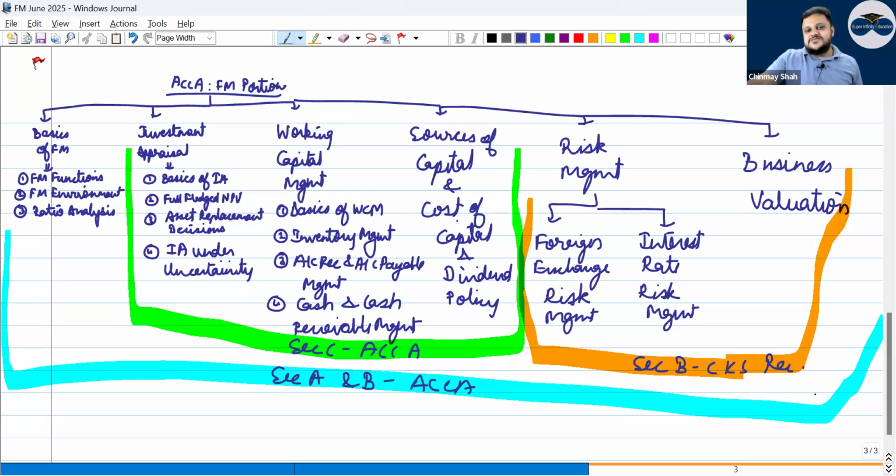Correct. Section C, if you ask me, right, surely, obviously, whatever ACCA has given is correct. But I feel section C theory, correct, 8 marks or 12 marks, whatever it is, can come from anywhere in the portion, right? But you will majorly find most questions being covered here. When I'm doing chapters, I will tell you how important each is or where it has been asked in the exam. Correct? Section A, my recommendation that it can come from anywhere.